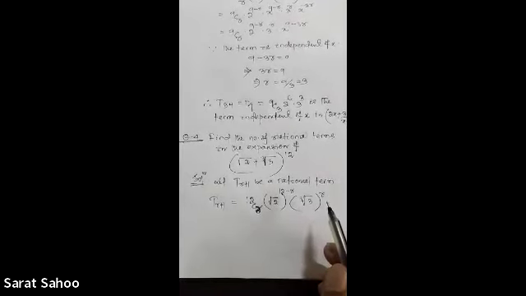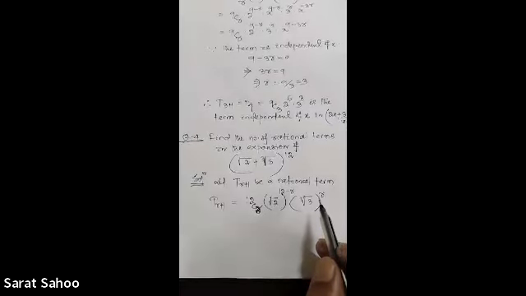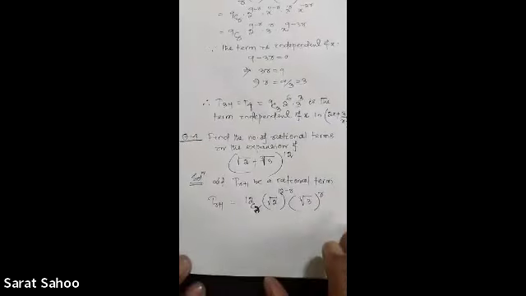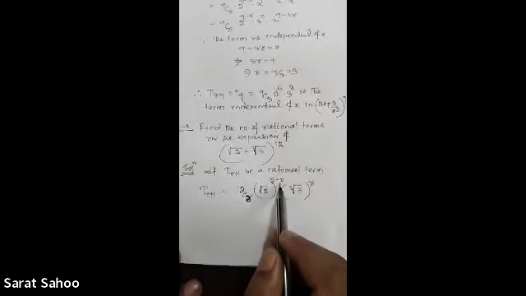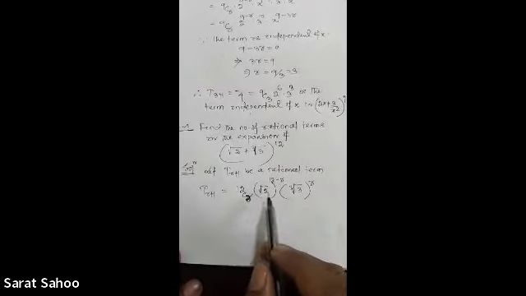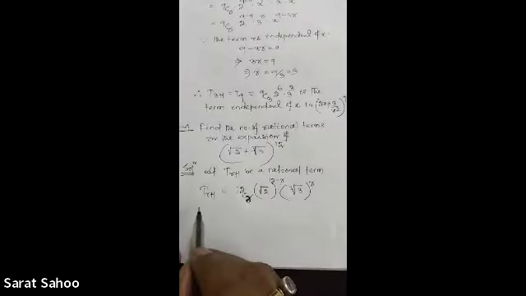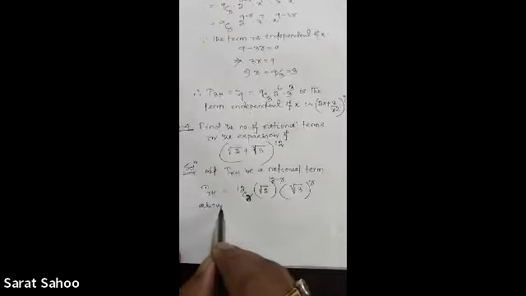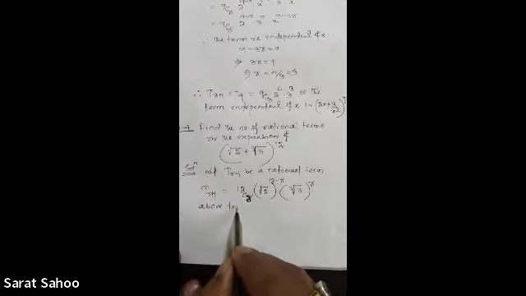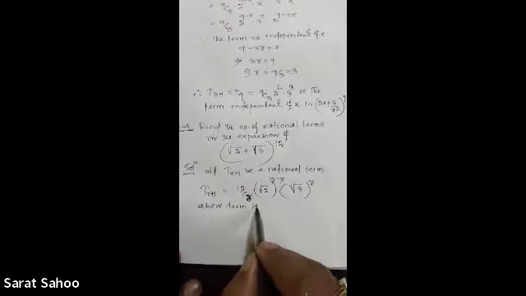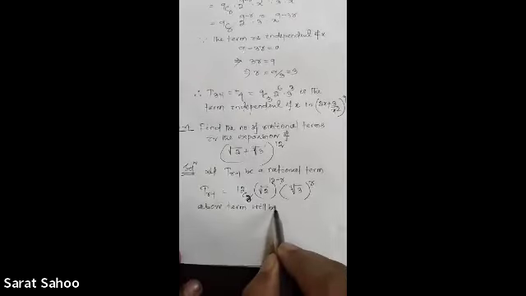Okay. The term will be a rational term if 12 minus r is a multiple of 2 and r is a multiple of 3. So r should be a multiple of 2 and 3, that is a multiple of 6. So the above term will be a rational term